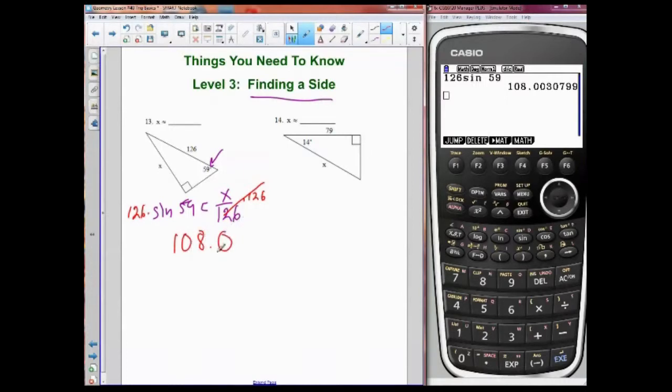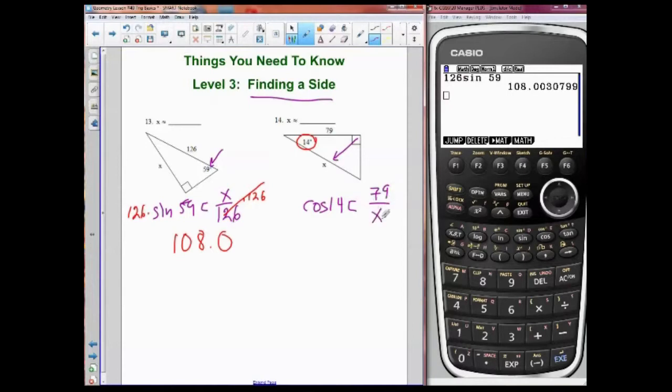Okay, so let's go look at this one. We got our angle 14, that's where our eyeball goes, and we have an adjacent and the hypotenuse. The hypotenuse is always opposite my 90 degrees. So adjacent over hypotenuse, that is cosine. So we have cosine of 14, my angle, is equal to adjacent